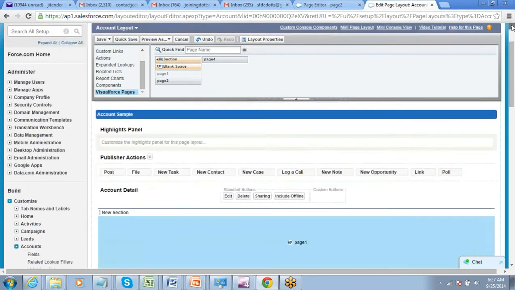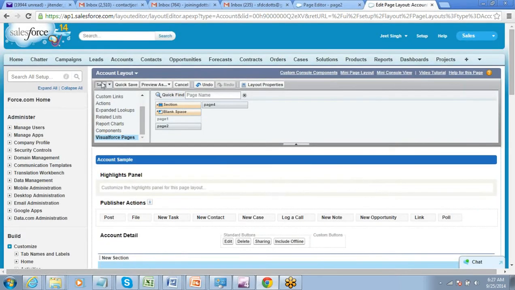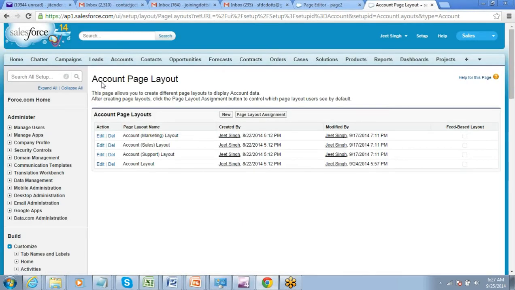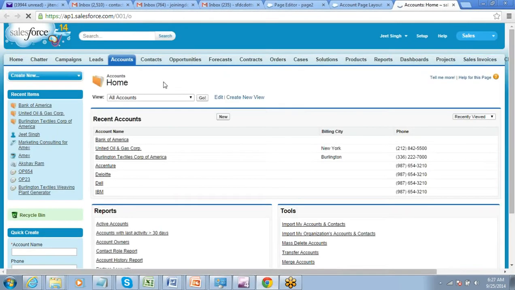So this is the second way of using the Visualforce page. So the users, when they open the standard page layout, they will get to see the Visualforce page, a small section of it. Right. So this is one thing you can do: embed a Visualforce page into a standard page.